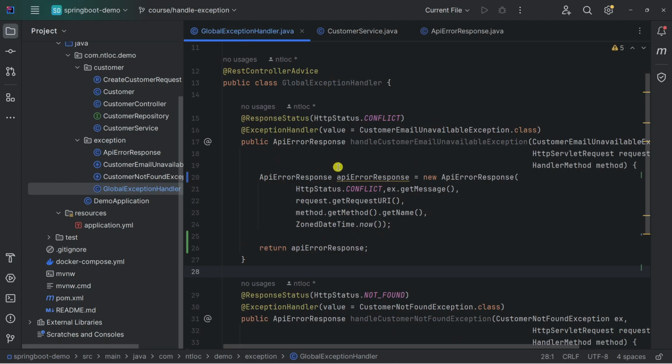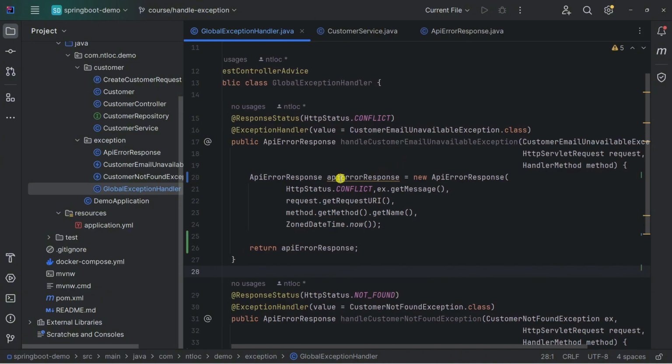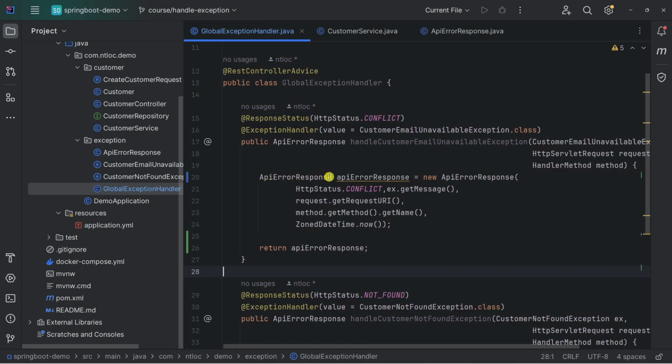We create a method and pass the exception we want to catch in the exception handler, then we create a new API error response object and simply return this object here.